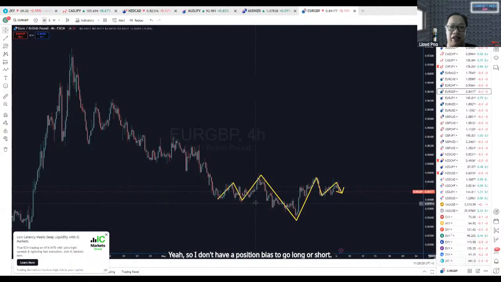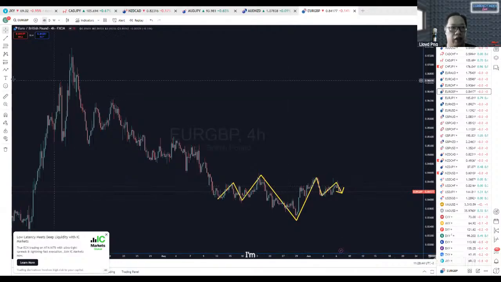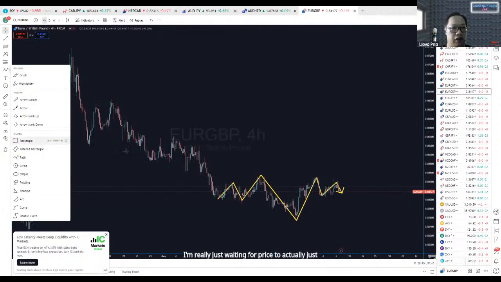This is why I say you can see a Batman, what's his katana? No, the boomerang that he throws about. Looks like it. Now, jokes aside,